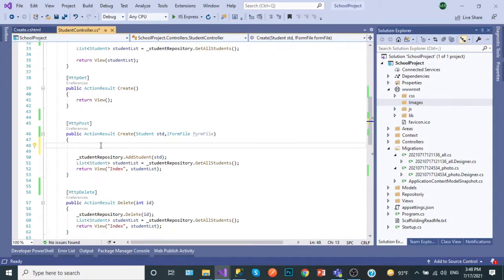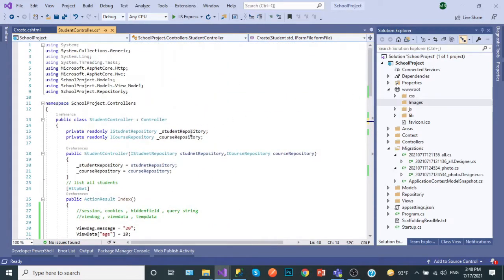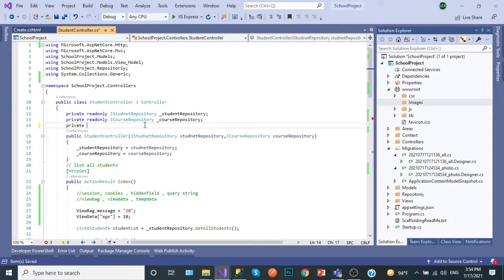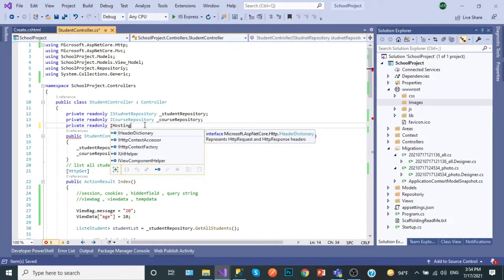What I will do, I need to have an access. First of all, I need to know the path of this wwwroot. How I can do that? I need to use something called IHostEnvironment. So I will create private readonly IHostingEnvironment